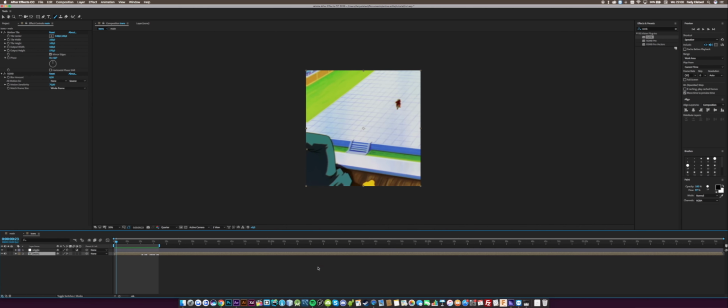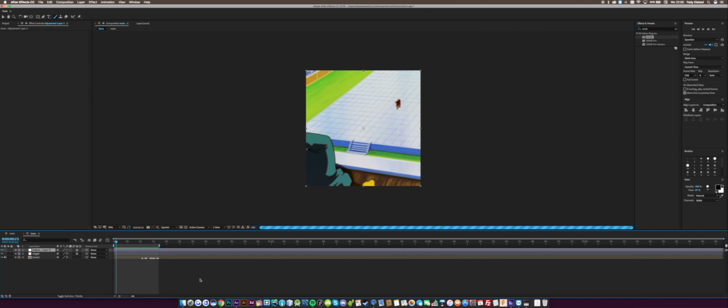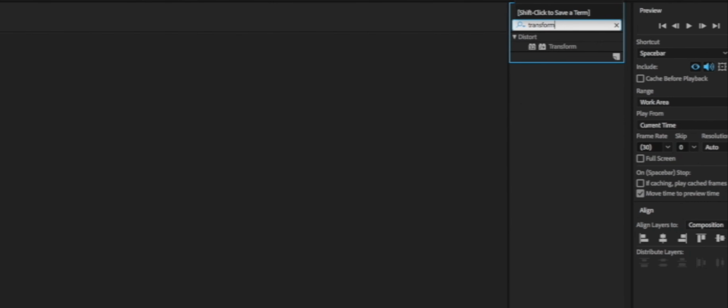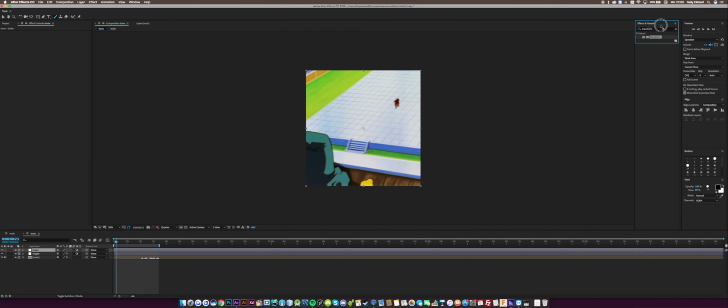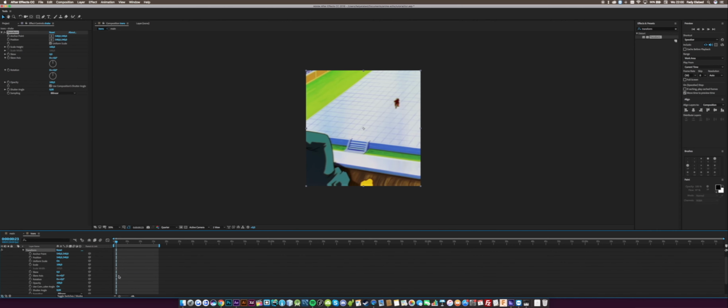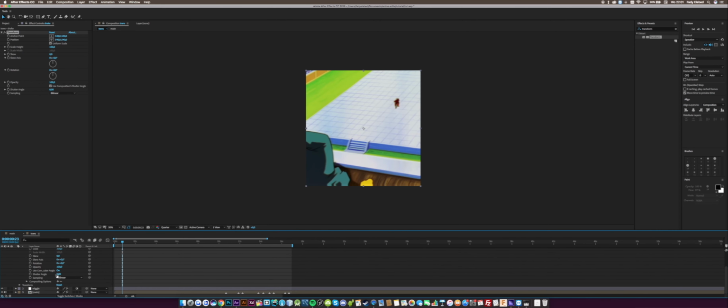Okay, so in this composition I also like to add rotation wiggles. So we're going to make a new adjustment layer. Call this shake, and then we're going to search for the transform effect in our effects and presets. We're going to drag it onto shake. Then we'll go to rotation,